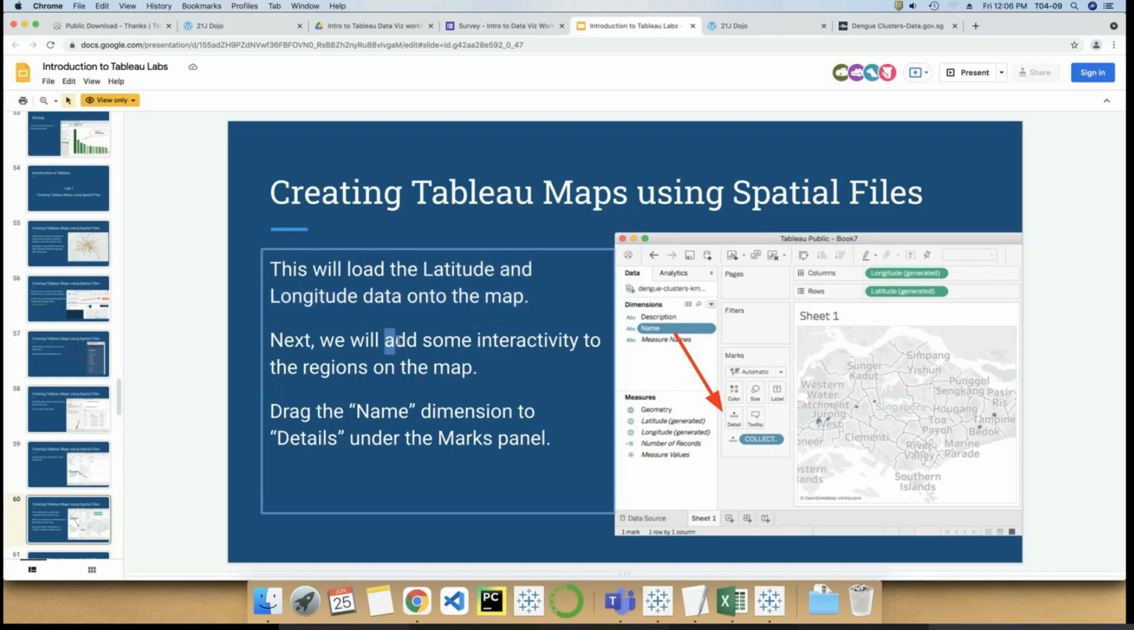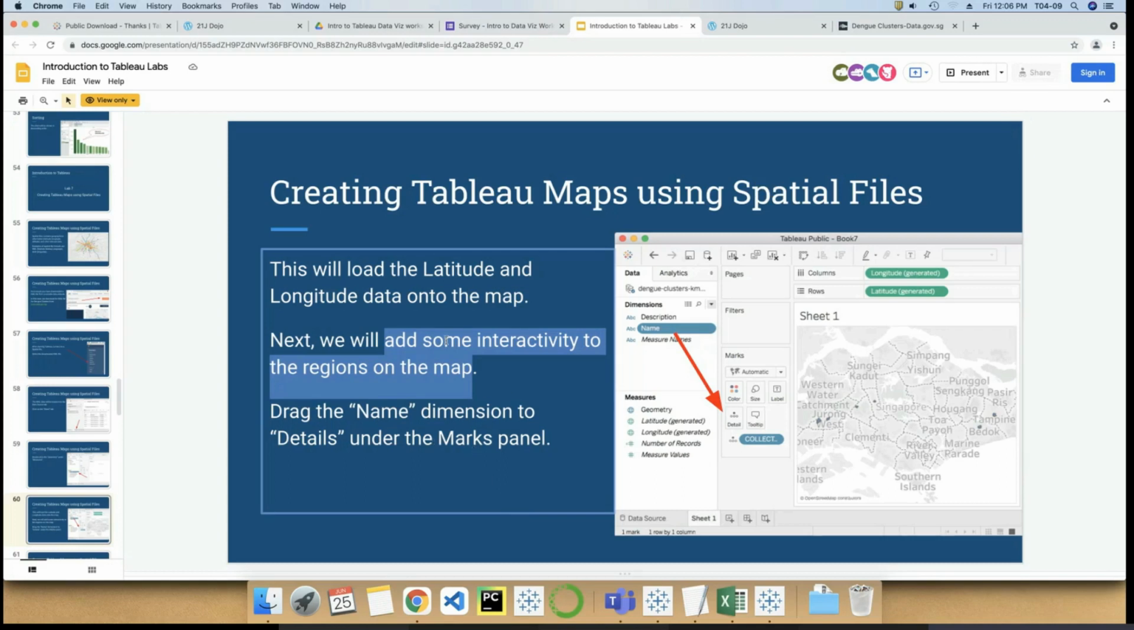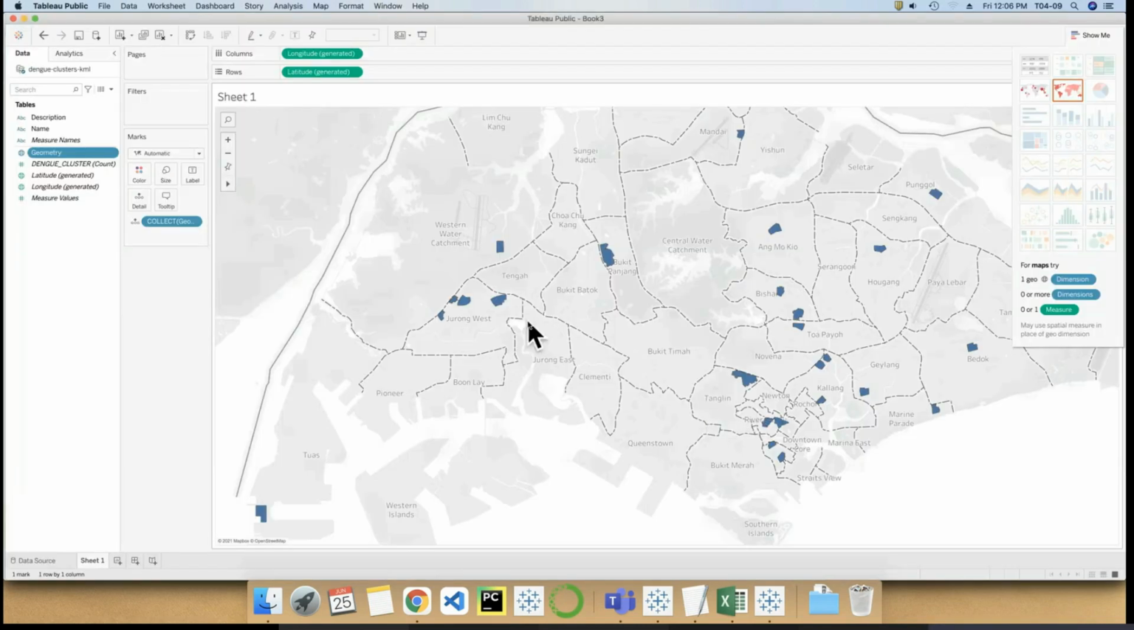So let's say we want to add some interactivity to the map, because right now your map is just a map. You click on this, and nothing really happens. So let's try to add some interactivity. We drag the name dimension to the details under the marks panel. So we go to name and we drag it into the details of the marks